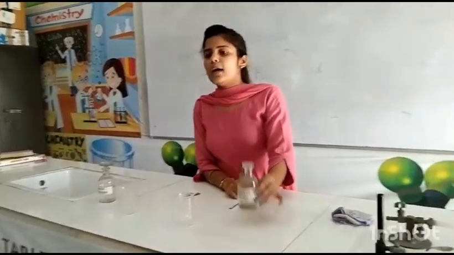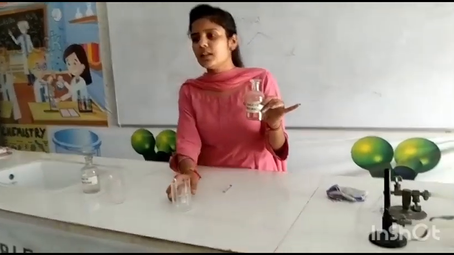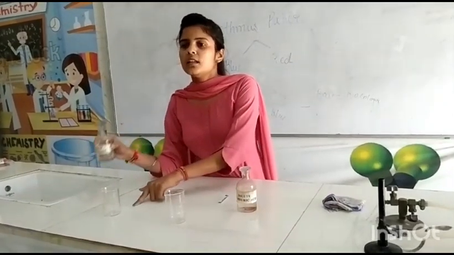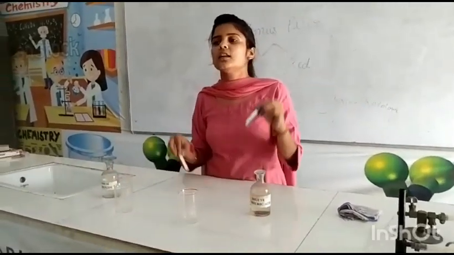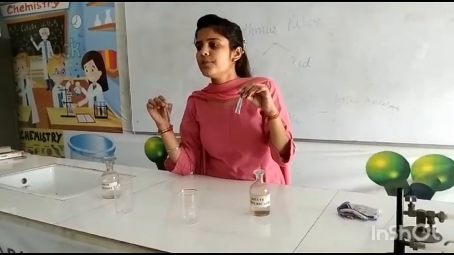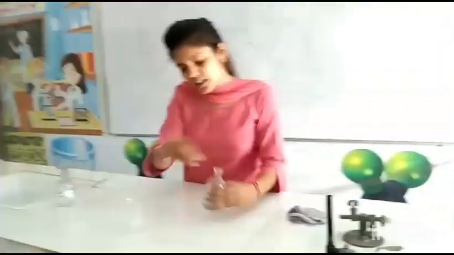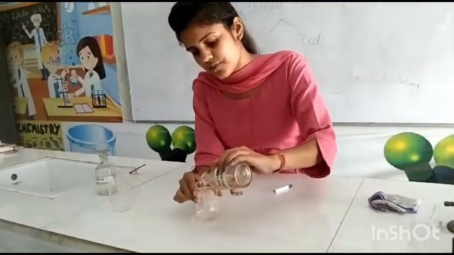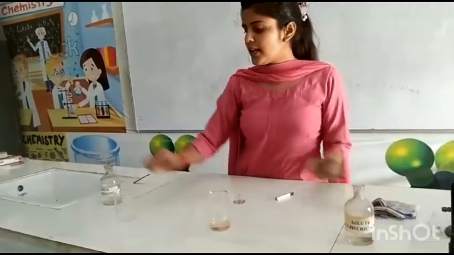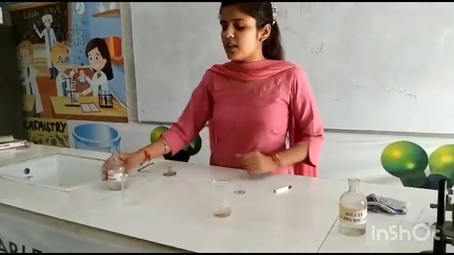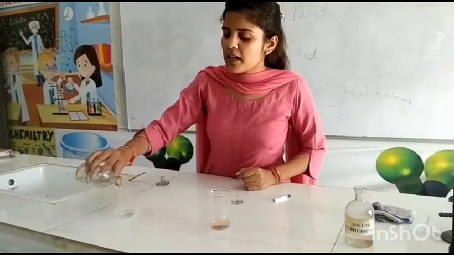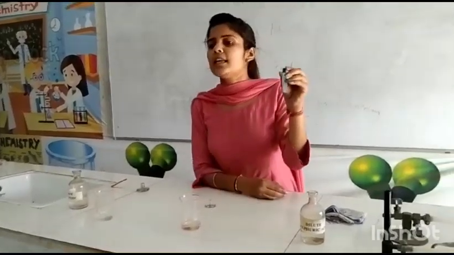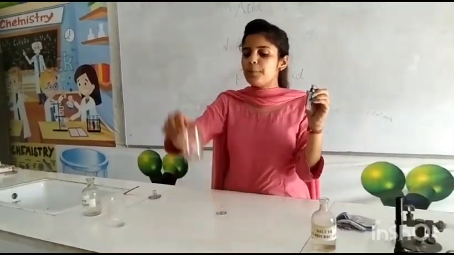So firstly, I will take dilute sulfuric acid in the beaker. Then after that, we will take sodium hydroxide in the beaker. Then we will notice the color conversion of the litmus paper. Understood? Yes, ma'am. So now, we will take this acid in this beaker. Clear? Then after that, we will take this base in the beaker. Which base are we using? Sodium hydroxide. Yes.